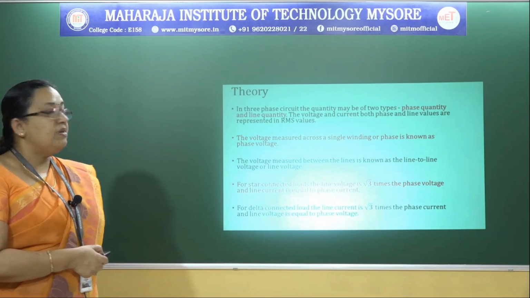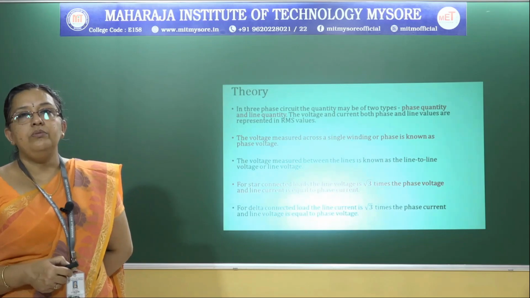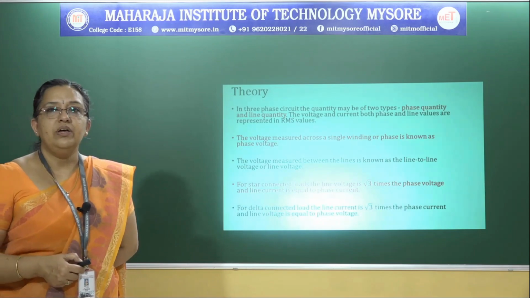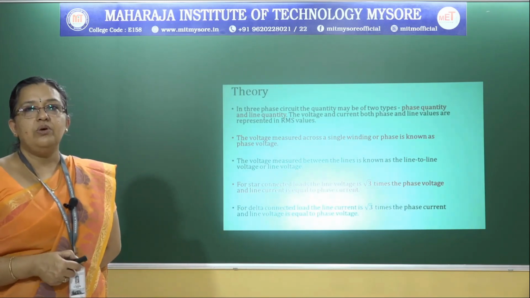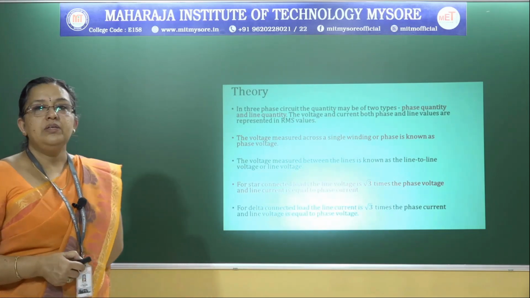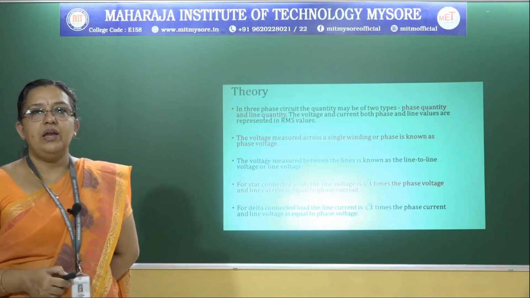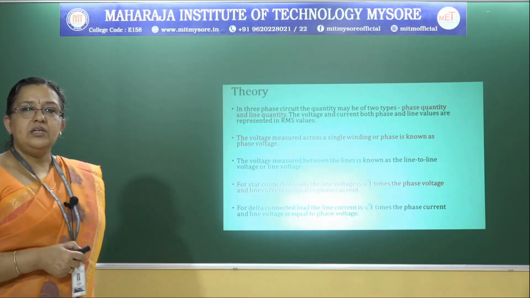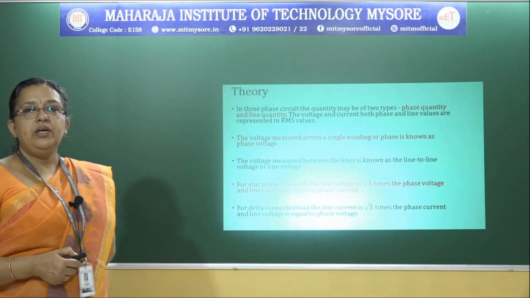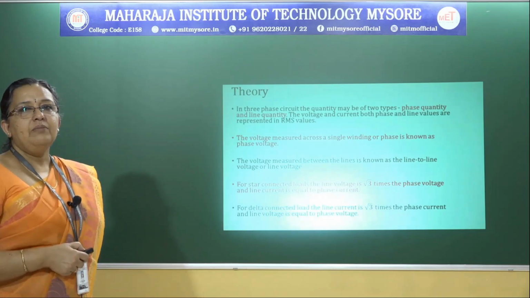So in all these cases we make use of the RMS value, which we have discussed in the class. Root mean square value is the root of the mean of the squares of the individual or instantaneous values of the alternating quantity. The AC voltmeters and ammeters always measure the RMS value instead of the instantaneous value or the average value. The average value of an alternating quantity or a sinusoidal signal is 0. So we always measure the RMS value.